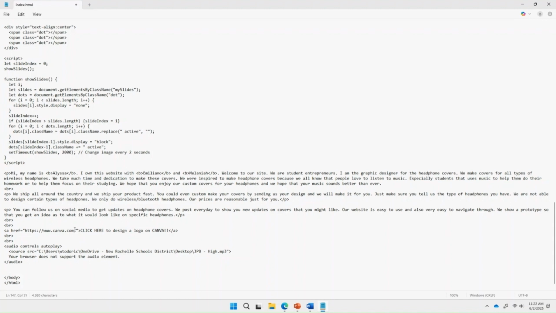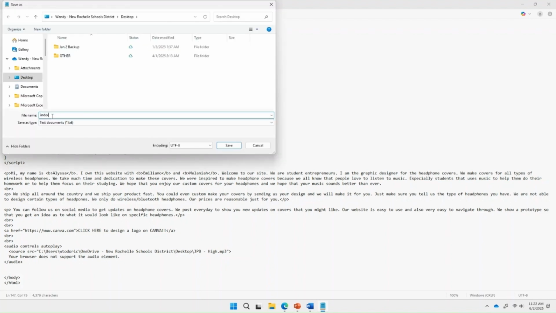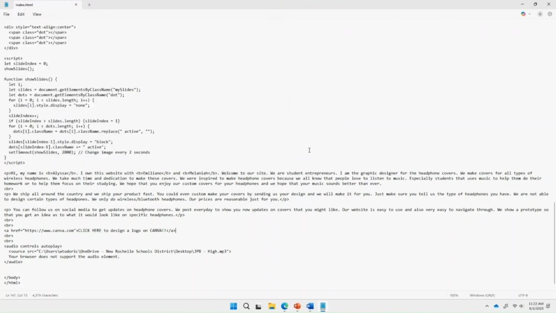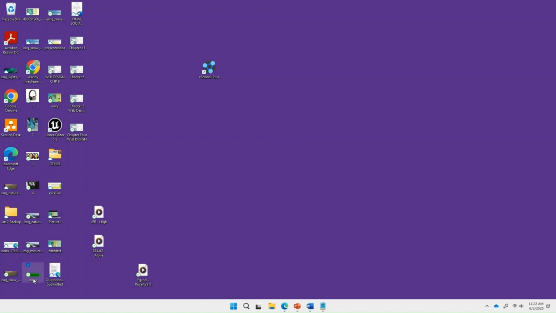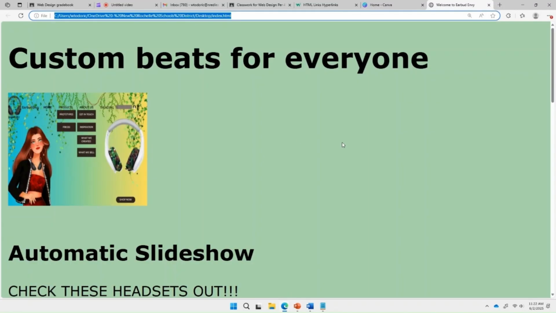Perfect. So then we're going to go up to File, Save As, index.html, save it to the desktop, replace the existing file, click yes, then you're going to minimize, and then you're going to open up Index, and